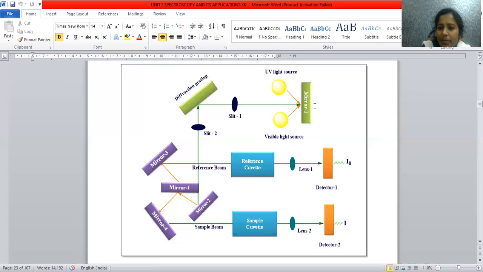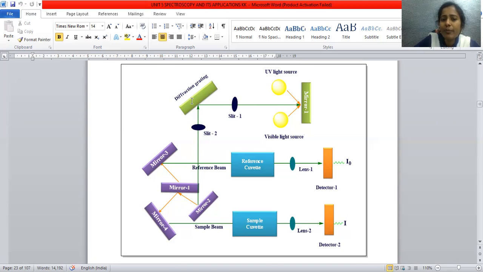This light source falls on mirror one. The mirror is used to reflect the light. This reflected light passes through the slit. The slit is the narrow compartment through which light is compressed to move. We already know light has the provision of polydispersion, meaning it can oscillate in all possible directions. When it passes through the slit, the slit compresses the light, and that narrow beam of light is able to pass through.